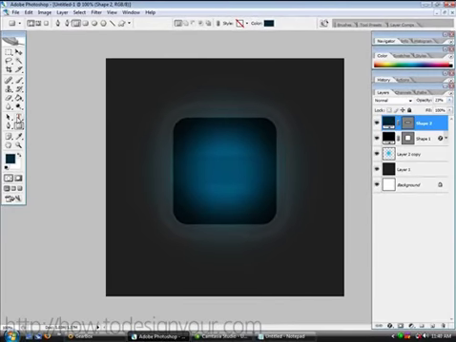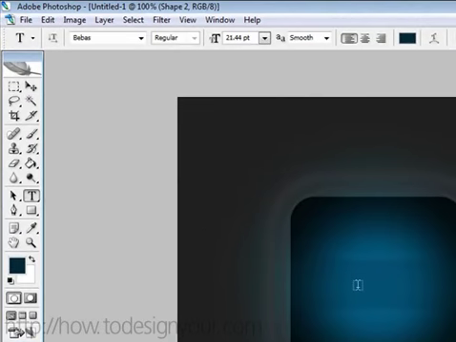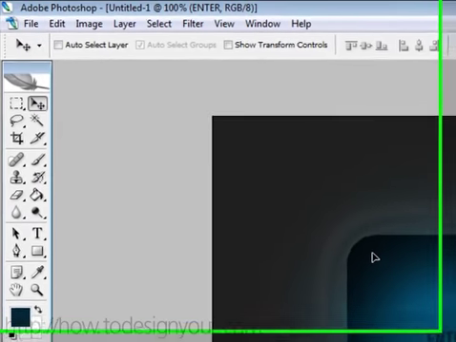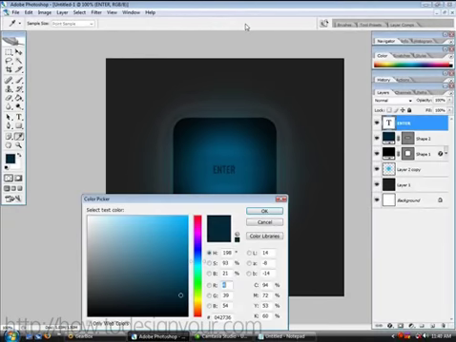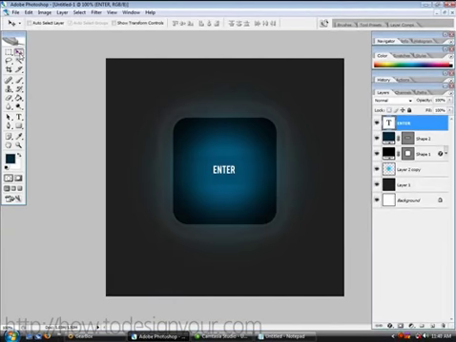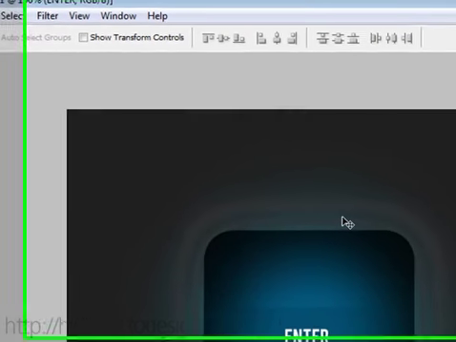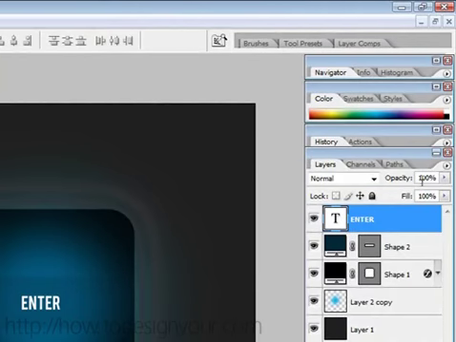Then I'm going to take the type tool and I'm going to type in some text. And I'm going to change that text. I'm going to go back to the text tool. I'm going to change the color to white and hit OK. Alright. Now there's still more we can do with this. And one thing I'm thinking about doing is